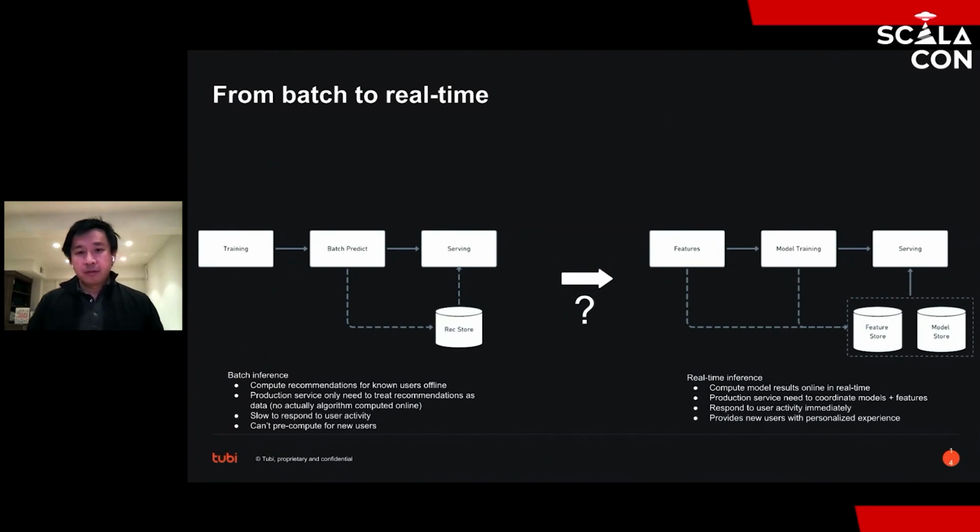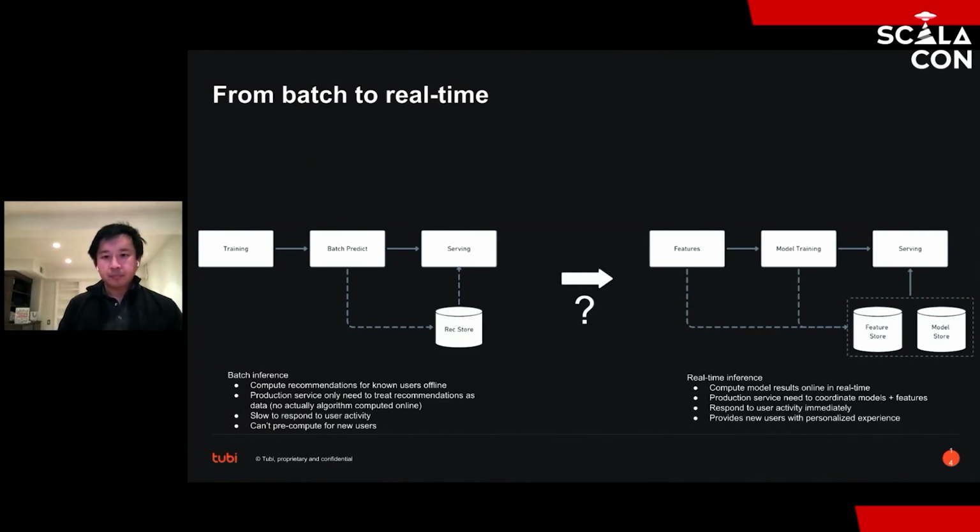All right, instead, we want to move to the system where we're moving the model computation from this offline context where we're doing it in a Spark job, let's say, to online, right? So we'll move the features to an online database, we'll move the models to an online database, and then when the user comes into the system, we'll compute the rankings and prediction for them right there and then within that request timeout, right?